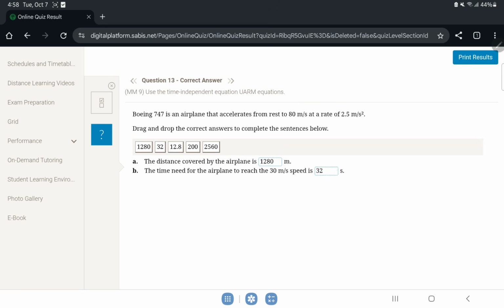For this question, they want the distance covered by the plane and the time needed for the airplane to reach 30 meters per second speed. And they give us that the Boeing 747 is an airplane that accelerates from rest to 80 meters per second at a rate of 2.5 meters per second squared. The distance covered,